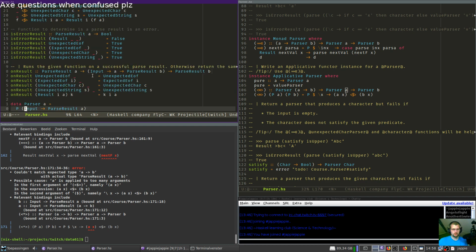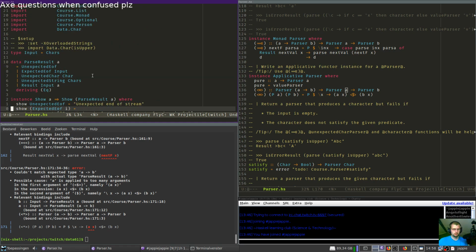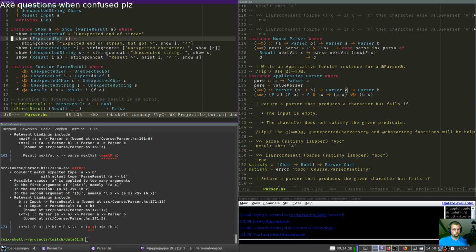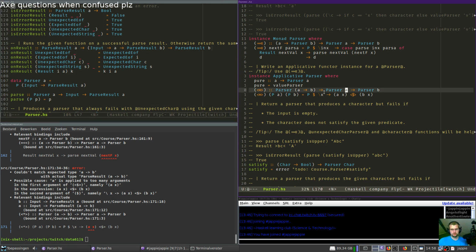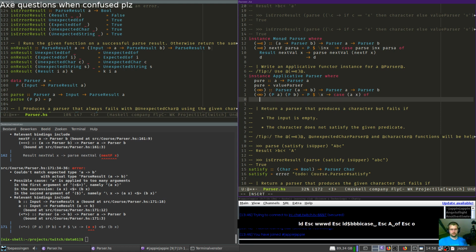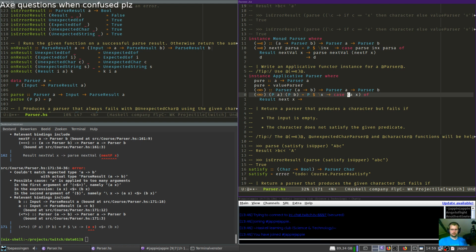I need a pattern match again. That'd be annoying. Okay, let's pattern match again. It's the easy way to do this, right? Just always pattern match. You just get the values out. That's fine. A of x.